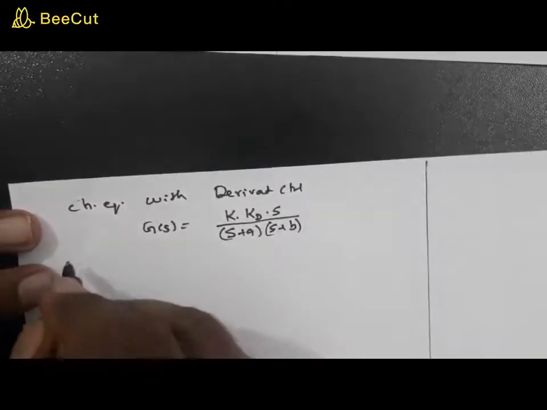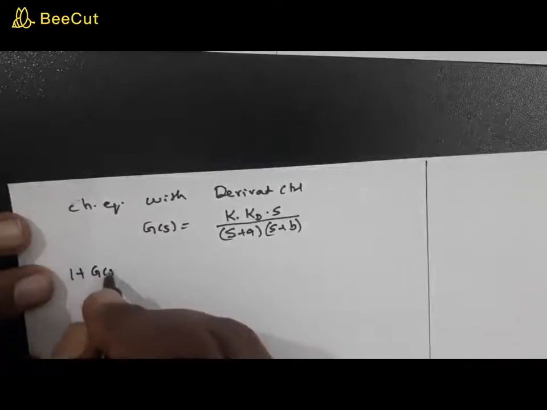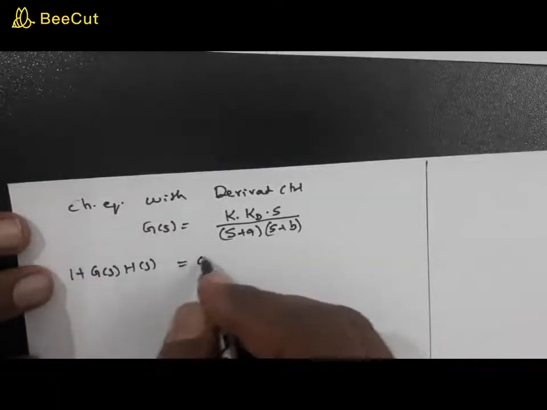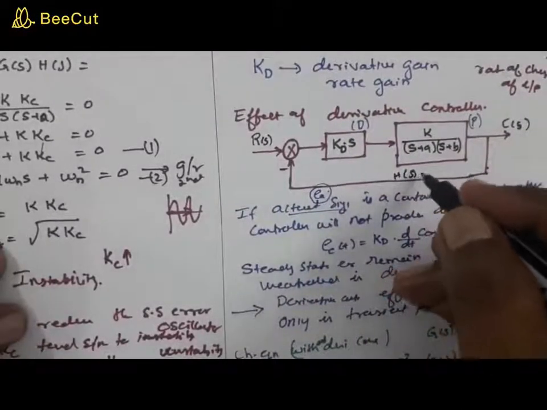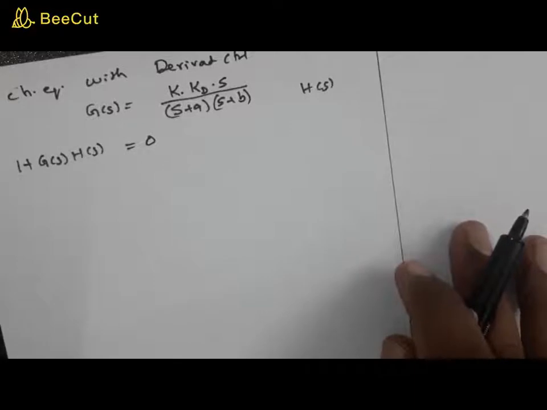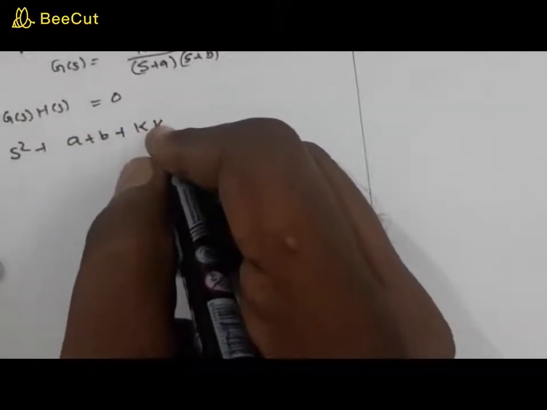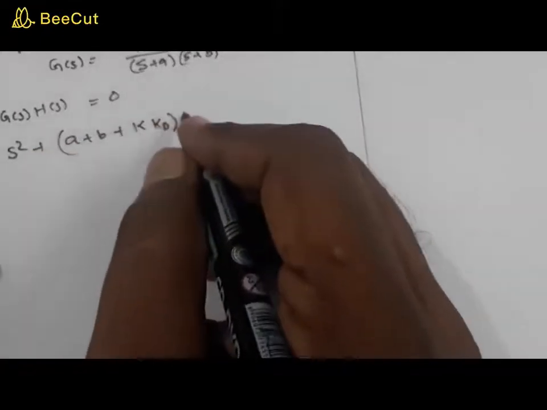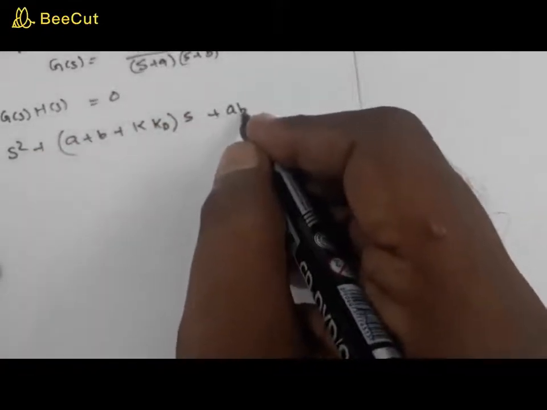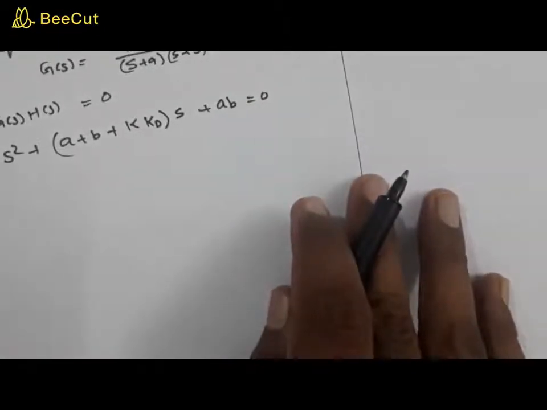Now you can find out your characteristic equation 1 plus G(s)H(s) equal to 0 using this G(s). Now what is your H(s)? H(s), as always, is equal to unity feedback. This is a unity feedback system. So you may work it out yourself, and you will get the expression s square plus (a plus b plus k into kd) into s plus ab equal to 0. Now from this you can find out the